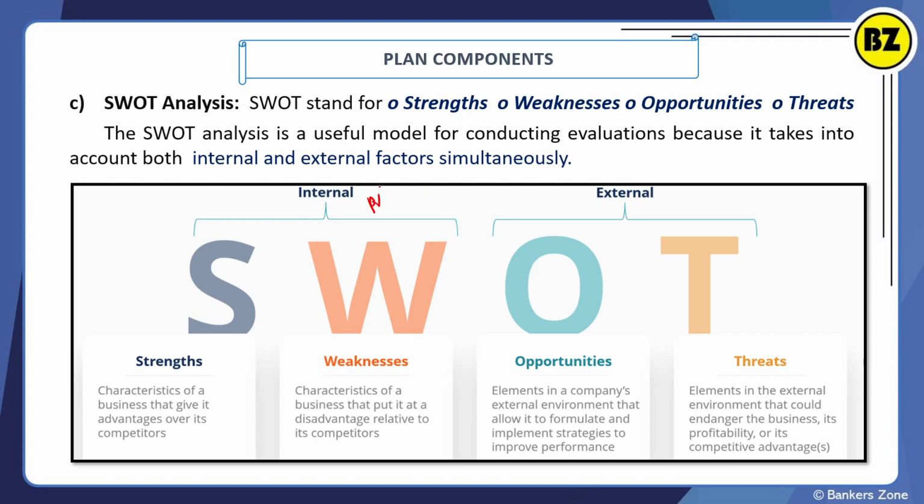For any private bank, what is the weakness? The bank itself is private, so canvassing government business is much more difficult for the private bank, so it is a weakness for the private bank. Okay, so strengths are what the bank or company is having, weaknesses are the disadvantages the company or a bank is having. Now opportunity means what?